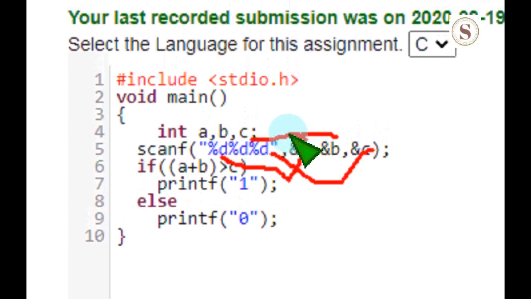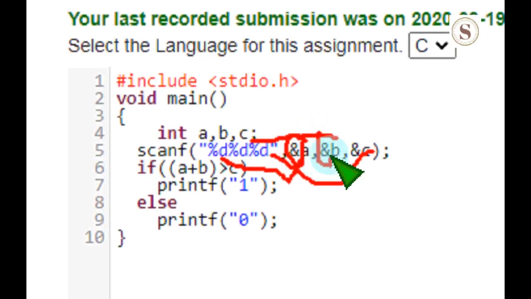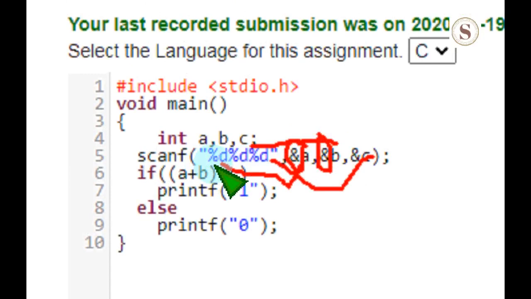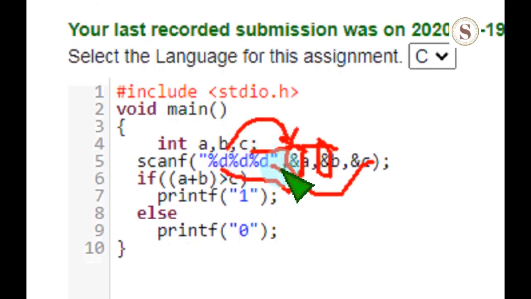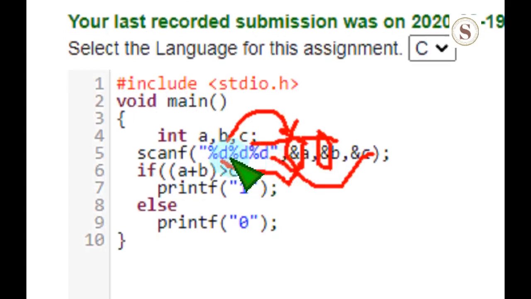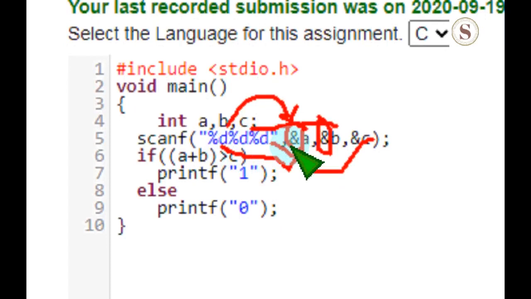Here we use the ampersand symbol, the AND symbol. This symbol is used to store the %d value to the first variable in order. The first %d is pointing to a, the second to b, the third to c.